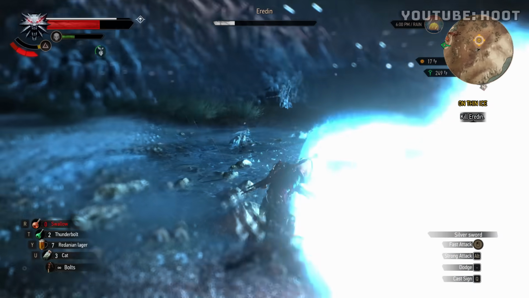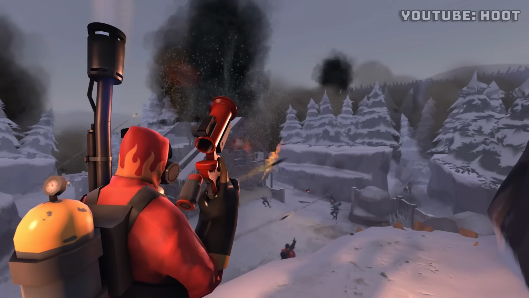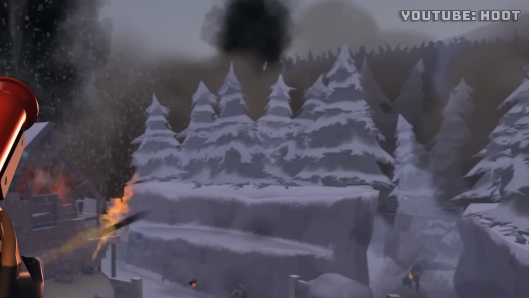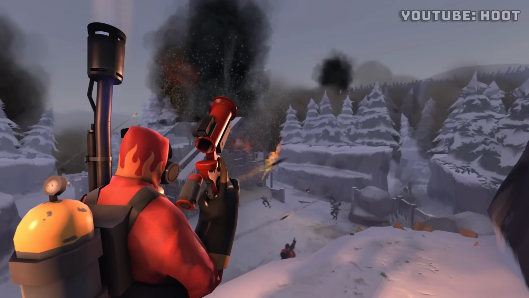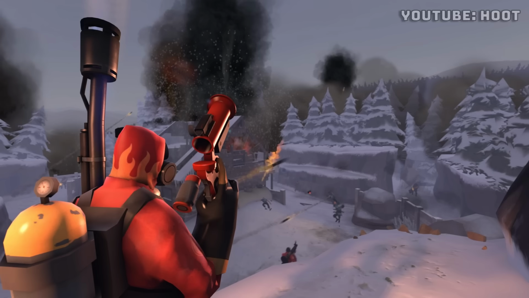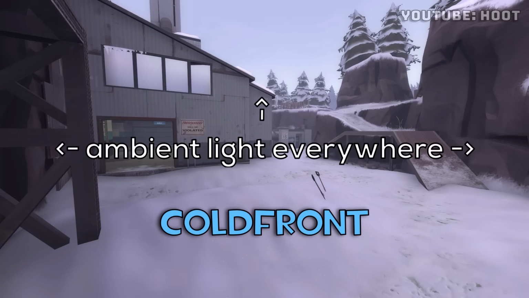Alright, so let's see. The very first poster I ever made or published from SFM. Rule of thirds shows that Pyro is staring at the trees. Why? Why is he looking at the trees? That's a plenty nice pine there, man. Lighting is absolute garbage. There's some kind of a vague attempt at highlighting Pyro here on the left side. And the poster was made in a Team Fortress 2 map, which already has lights in it, so that adds